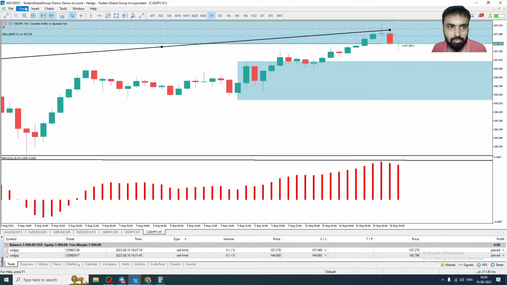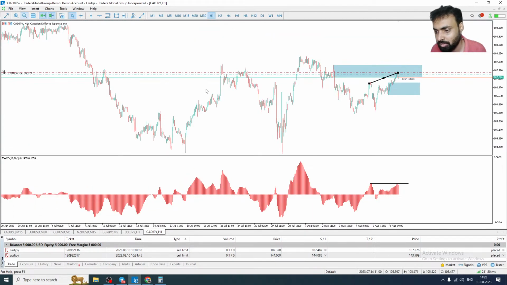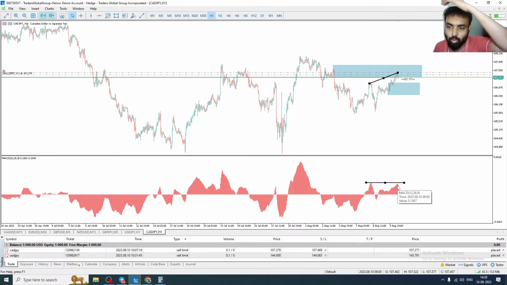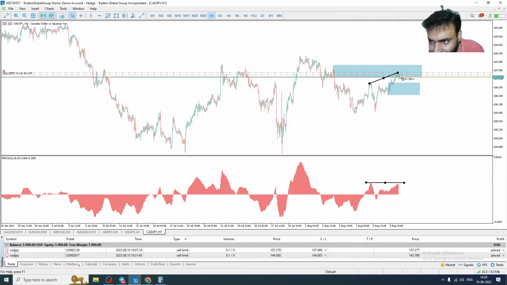Let us zoom out. You may see that it's kind of equal, but it is not equal. Even if it is equal, there is no strength here. Price is increasing, but strength is kind of equal, or sloping down. So you can directly sell here from this swing point. Okay, like that you can do.